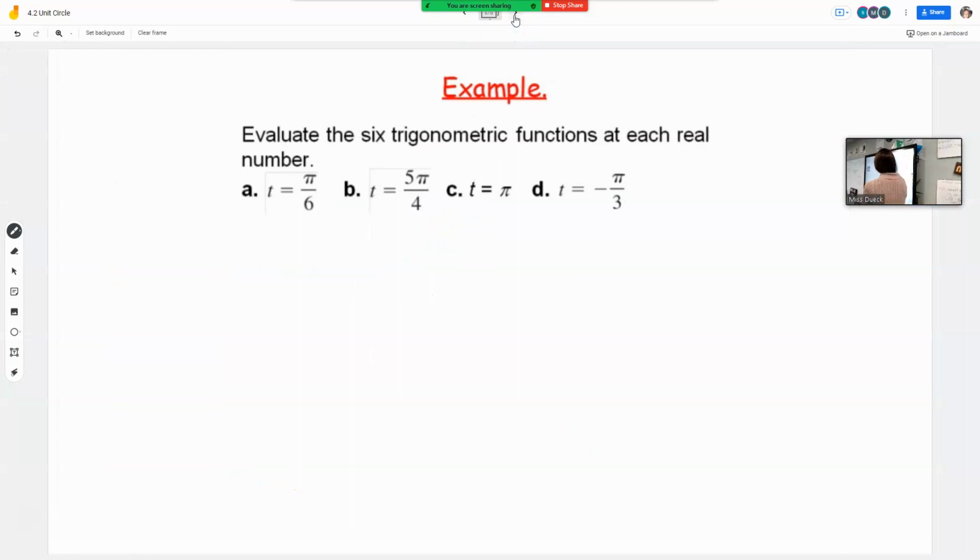And once you have those written in, you can go back to your formulas. Sine is going to be the y, and the cosine is going to be the x, and the tangent is like, hey, take the y over the x. Now that you have all those written down on your own and you have it in the picture, the question is now can you use those ordered pairs to fill in